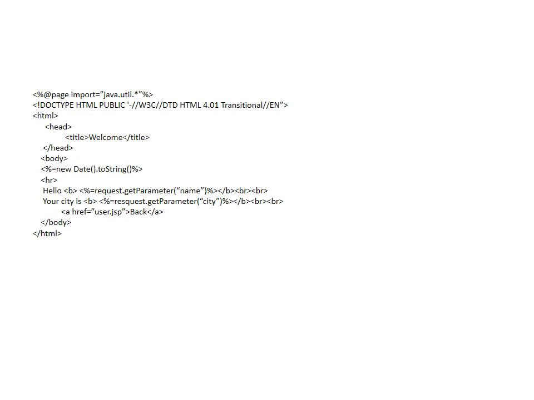So what I'm doing is using request directly, and then the methods are available, same as in a servlet. So I'm saying getParameter. This is the method which is provided in HttpServletRequest, and then I'm getting my parameter which was defined in my HTML, and I'm printing it also. See, I'm not using any intermediate local variable. Directly using the expression tag, I'm just displaying it. Similarly, your city. Now if you find it here, I'm using an HTML tag with a link to user.jsp. That is, again, I can go back to my input.